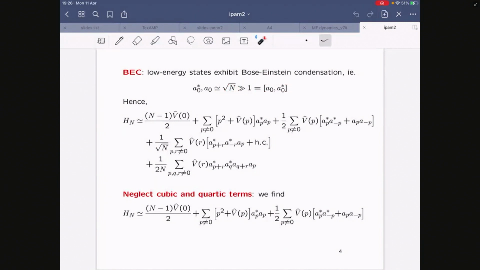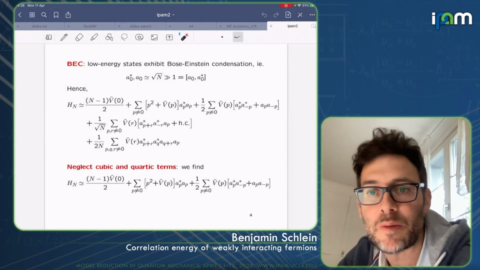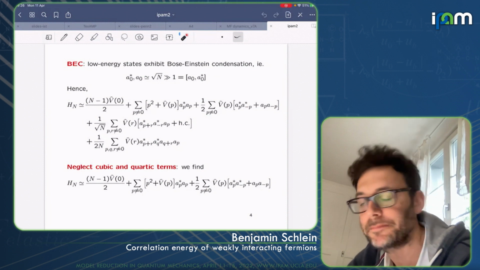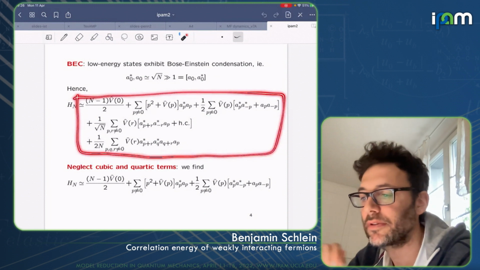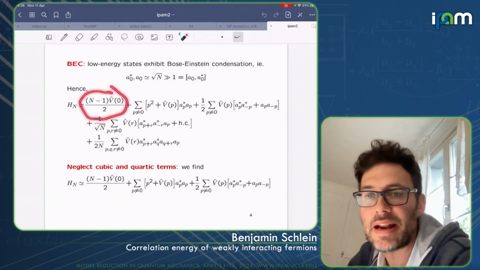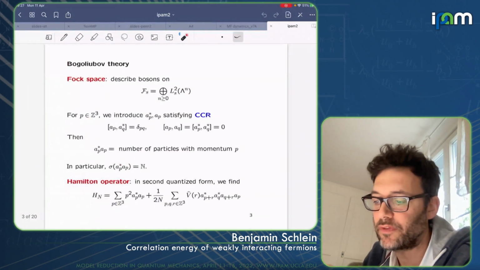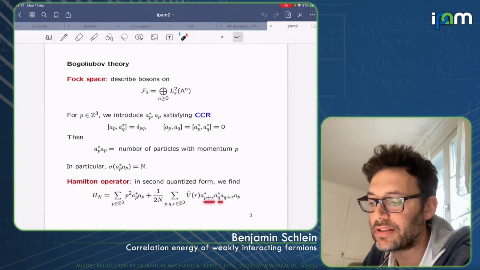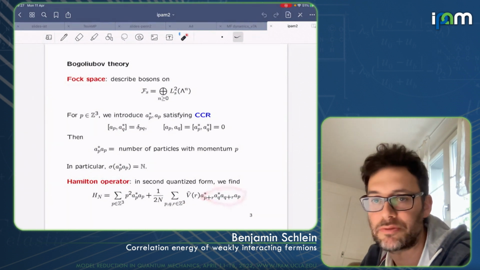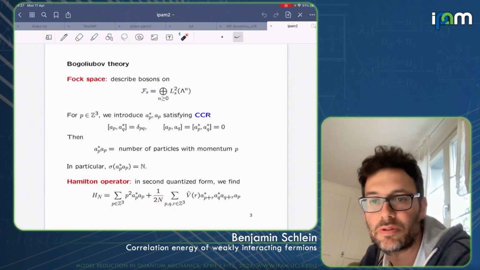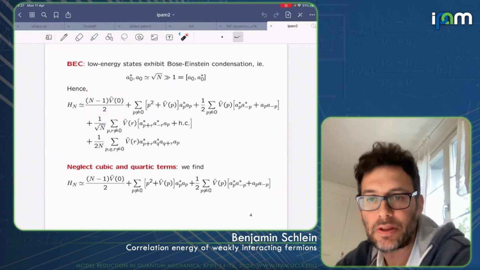And that's what Bogoliubov did. He took the Hamiltonian H_n, and every time you see a_0 and a*_0, you replace it with a factor square root of n. If you do it, you find this new operator here. The first term arises from the potential energy. So let's go back one step: from this operator here, if all these four indices are equal to 0, then this counts as n squared. You take an n out because of the prefactor, and you get exactly this contribution here if you do it correctly.